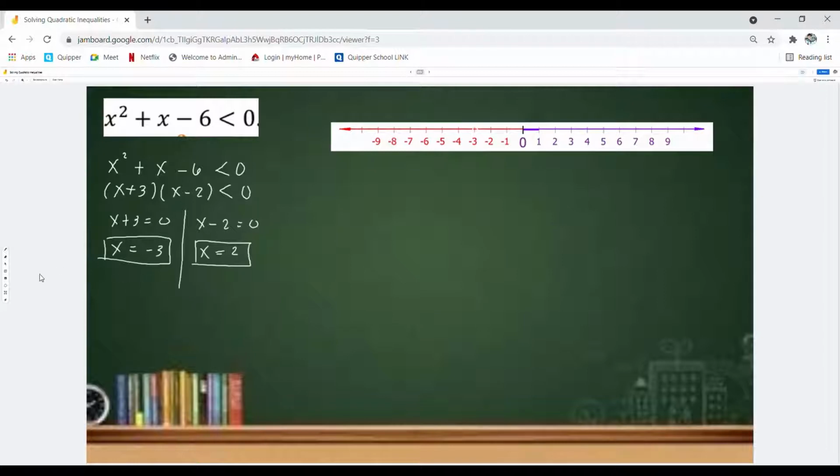What's the use of these critical numbers? That's the question now. If you have your critical numbers, very good, because they will help you find where the solutions are through the number line. So these will serve as our locators. Where is negative 3 on the number line? Here. Actually, you are going to use that as a reference where you are going to divide